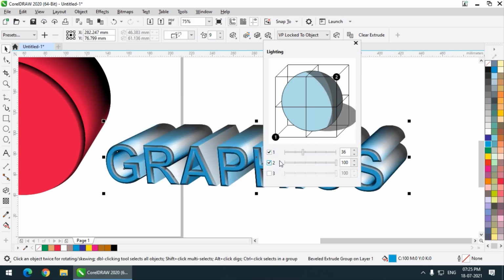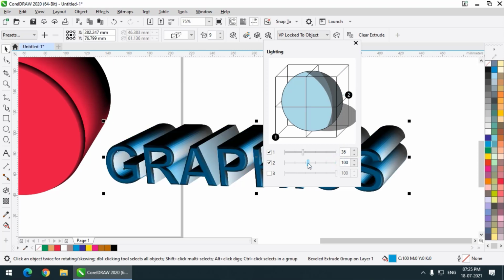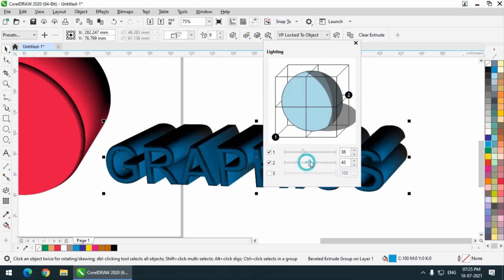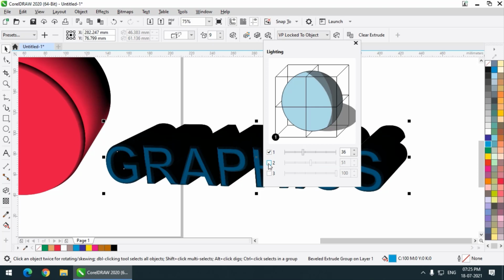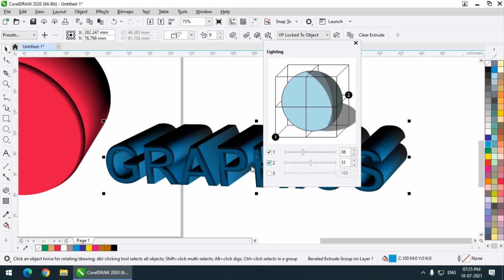This second light, the intensity is 100, so that's why it's looking like this. If I place it over here and decrease the intensity, this is how it will look. If I turn off the second light, it will look darker. If I turn on the light, then this is how it will look.